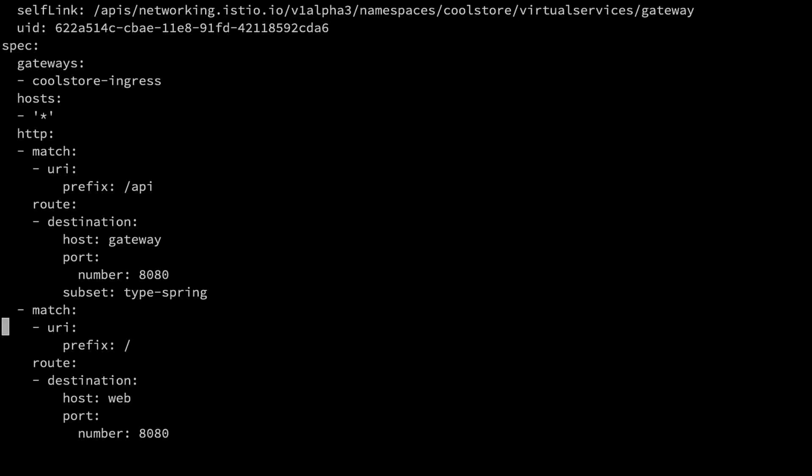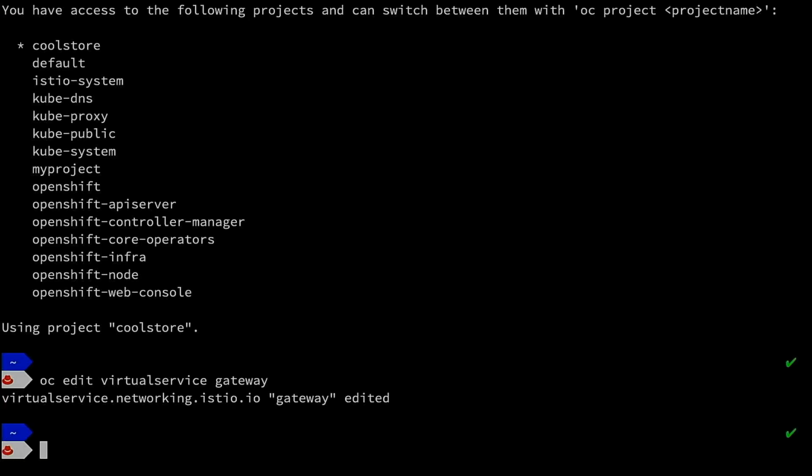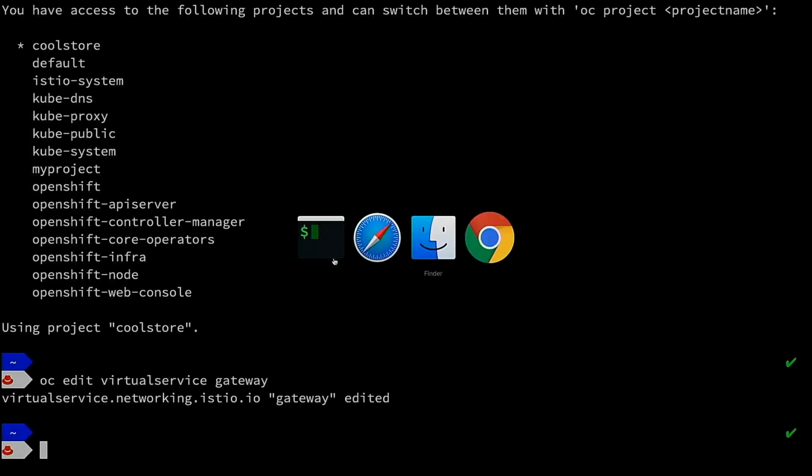And in the gateway, I have a routing rule that says for calls that go to the gateway, we're going to use the subset called type spring. So I'm going to change that, and I'm going to do type vertx instead. We're going to save that. And when I've saved that, if we go back to the application